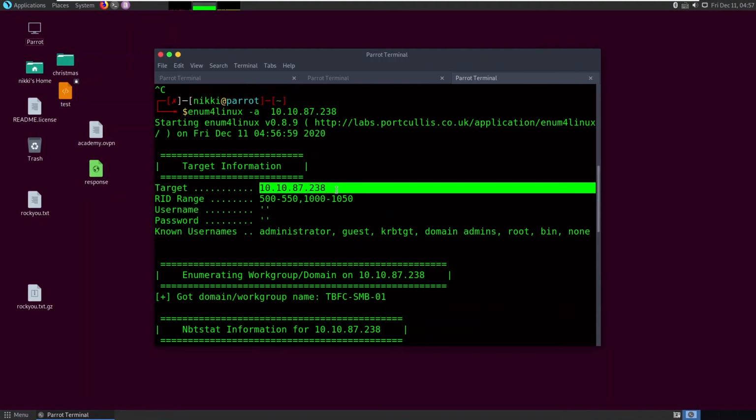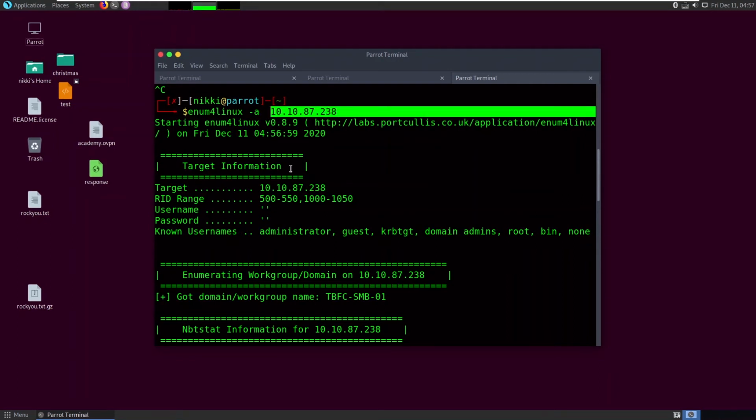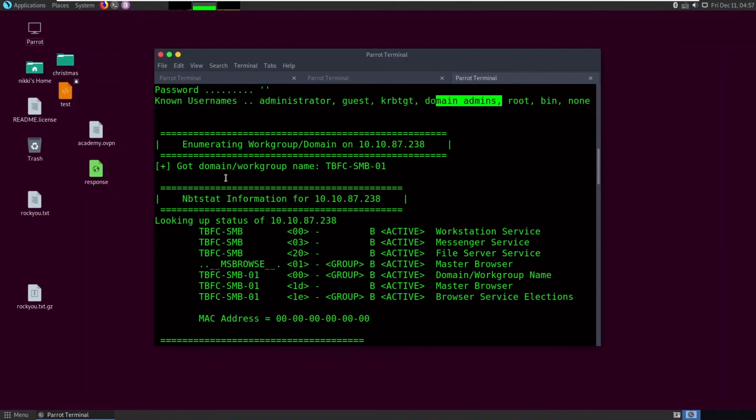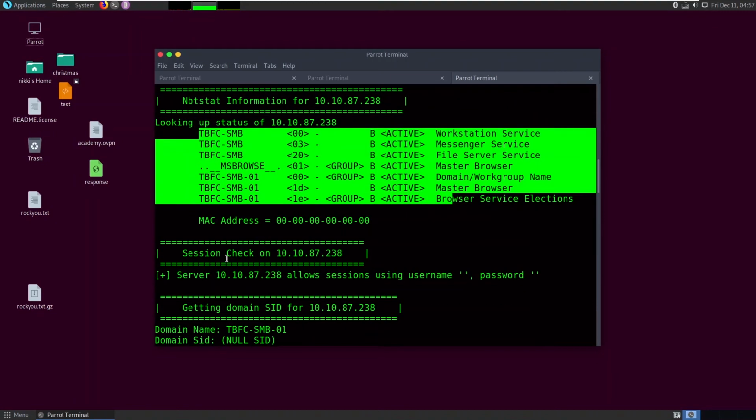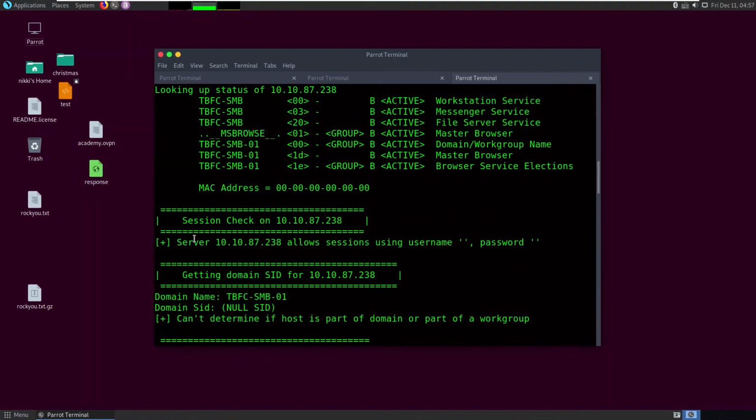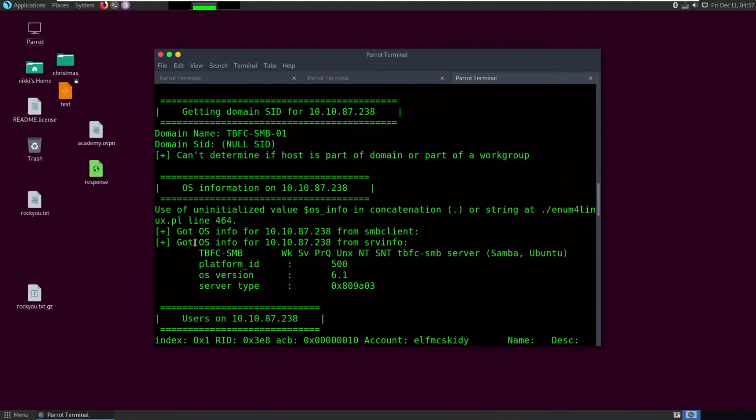Now the target IP address is this one, and RID range, and username and password. So enum4linux has found that an anonymous login has been accepted by this machine, and known usernames, maybe administrator, guest, Kerberos ticket granting server, and domain admins, etc. So you can see these are the shares of this machine, and now we need to find the number of users.